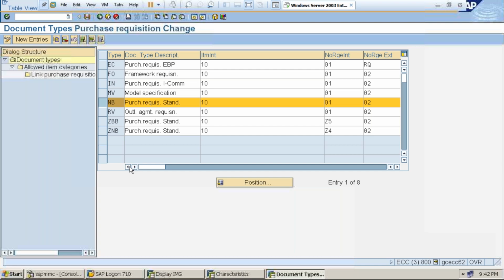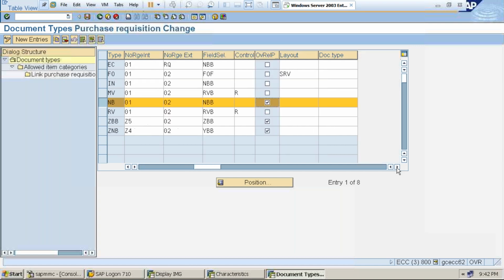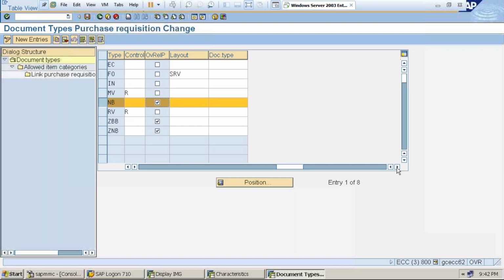Release strategies were triggering per line item: in the first line item 2 persons were involved, in the second line item 3 persons were involved, and in the third line item 4 persons were involved. Now here, irrespective of any line item, it may be 10, 20, more than 20 line items, the overall value, the release strategy for PR will get triggered at header level. That is our scenario, and that is what our configuration steps we are doing. Okay, now I'm going to save this,